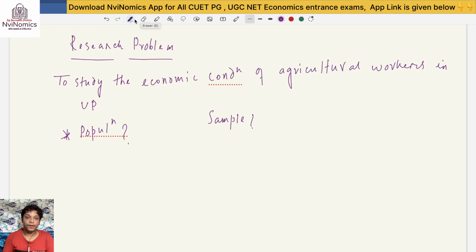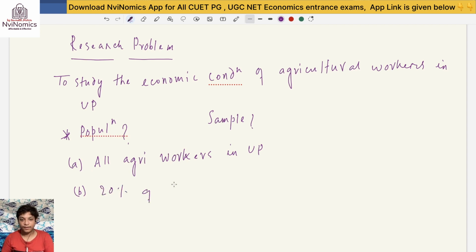मैं तुम लोगों को पहले दो ऑप्शंस देता हूँ, फिर तुम लोग बोलना मुझे, ठीक है? ऑप्शन ए, all agri workers in UP. Option B, 20% of agricultural workers in